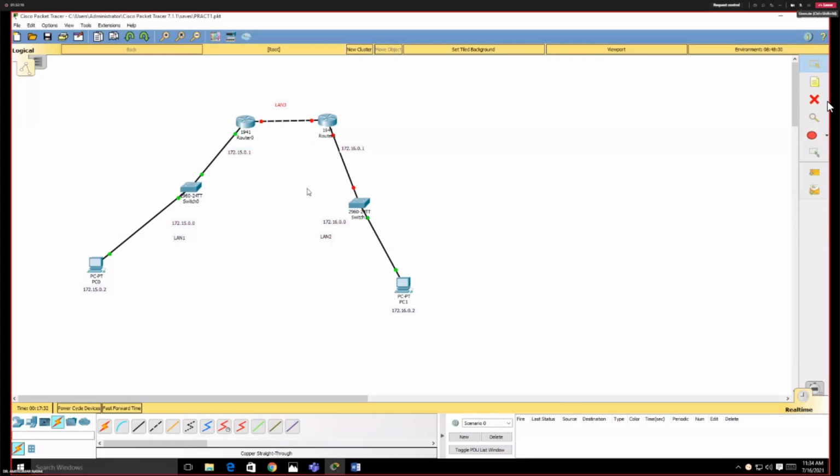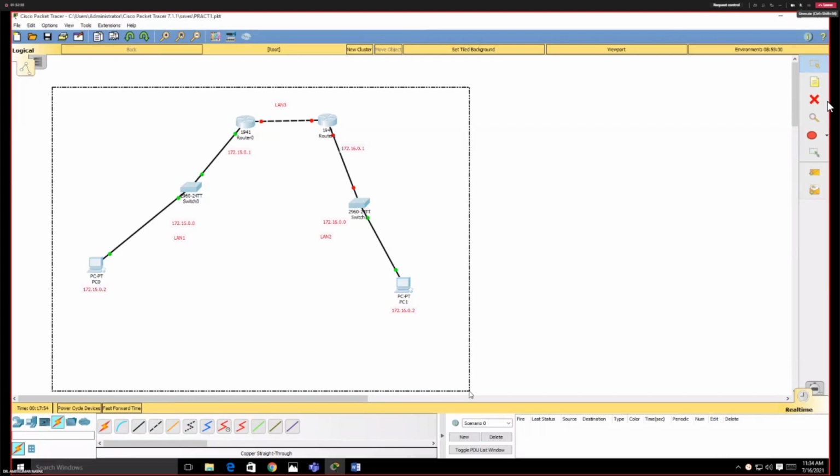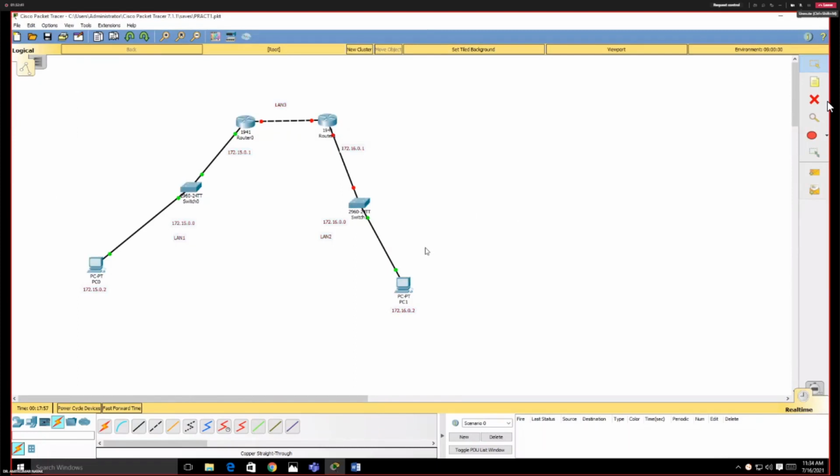Why am I saying three networks exist? Because if you assign 172.15 and 172.16 in LAN 3, in network 3, then you will get an error. We will discuss this later, in the next lab. But please remember, in the topology available on your screen, three networks exist: LAN 1, LAN 2 and LAN 3, network 1, network 2 and network 3. So in LAN 3 we can use the IP address 172.14.0.0.